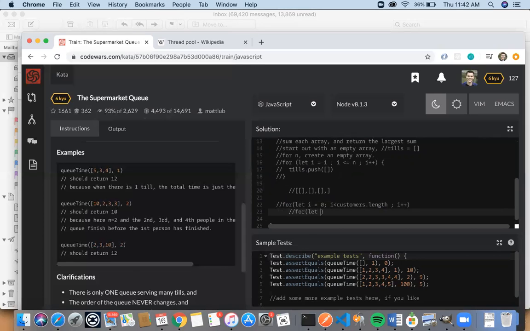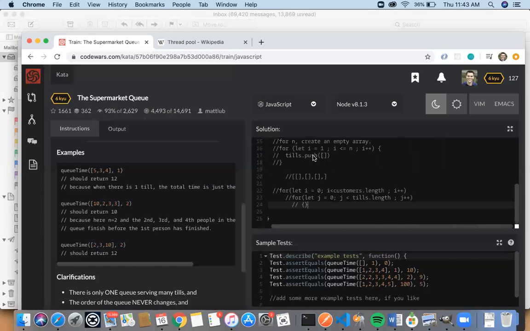Let j equals 0, j is less than tills dot length, and j plus plus. And I'm going to make a note here. Even though I'm going to try to calculate the complexity at the end of it, I'm not terribly worried about the whole inner nested loop with this, just because, well,